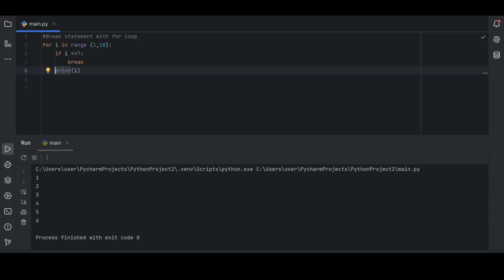No, because here I typed if i equal to 7 break, then 7 is not included, so I got the answers 1 to 6. Okay, the next example is